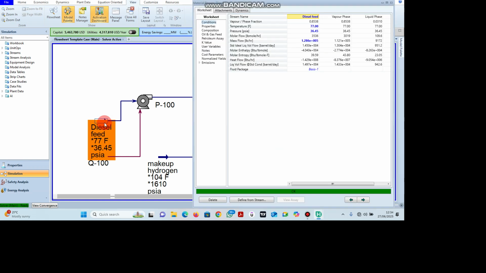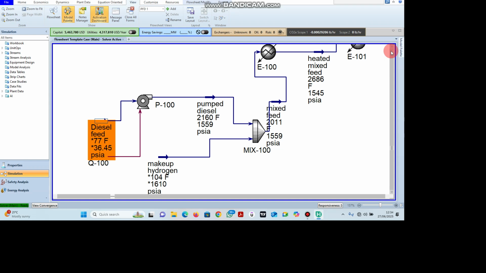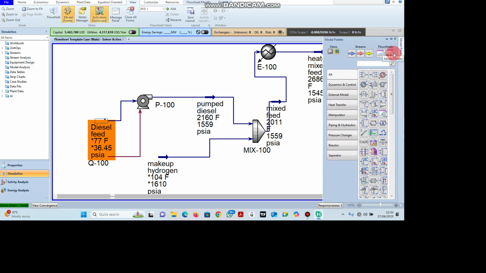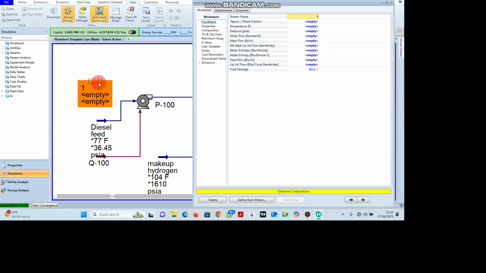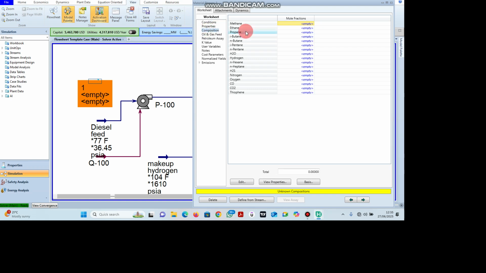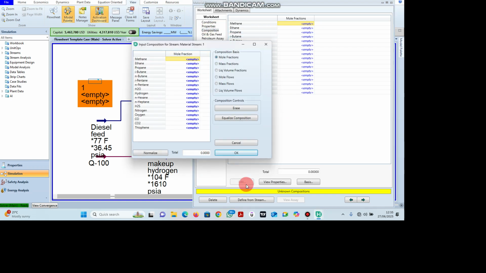So basically the first thing I'll do is I come to the model palette and I click on this and I place it here, right? You see it's blue, meaning you have not assigned anything to it, it's just empty. Then I double click on it, I come to composition here, I take edit. Now for your data, you always have a mole fraction of each component, right? And you want a particular substance entering at a particular place. So for example, for our diesel feed, there's no need to put carbon dioxide in